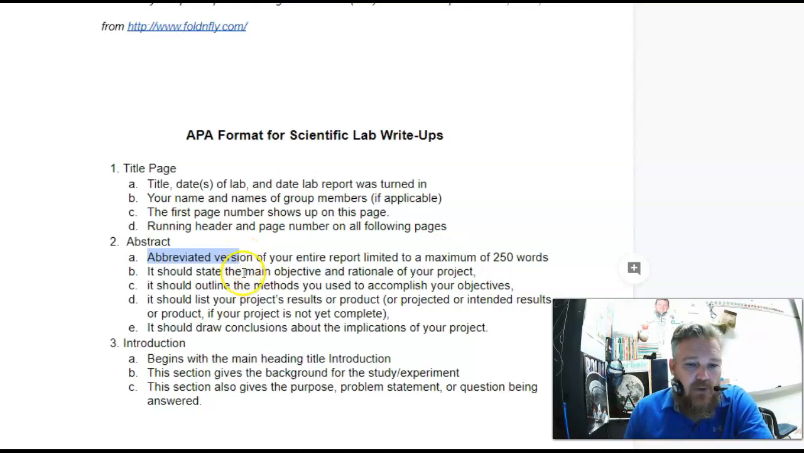It sounds like a lot, but really, if you're doing a summary of what you've done, it probably will fill up pretty quick. So it's actually shorter than you might think. We want to be to the point with it, but it should state the main objective and rationale of your project. So in this case, your objective was to design and implement an experiment and then write a lab report about it. So you basically